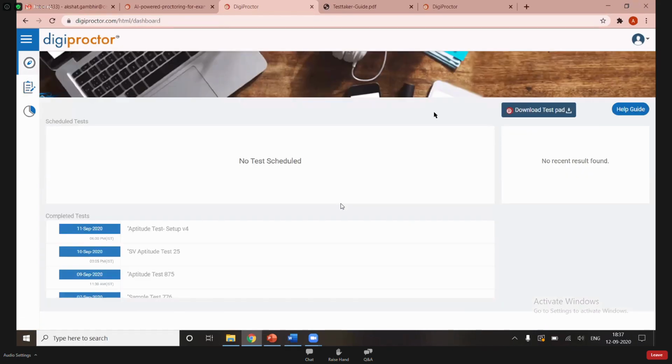To take the test, you have to download the TestPad application from here. As I mentioned previously, you can take the tests on either laptops, Windows or Mac OS, or mobile devices, both Android and iOS. You will be able to do the same. One time you have to download the application. When the test invite comes to you, then only you will download the application and begin with the test.